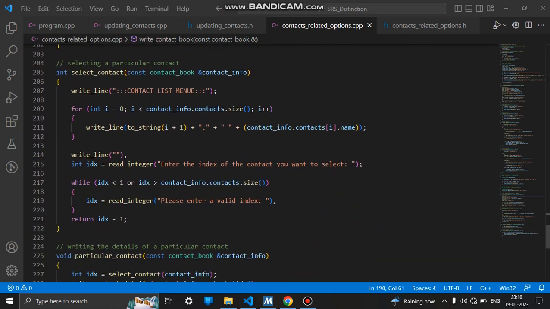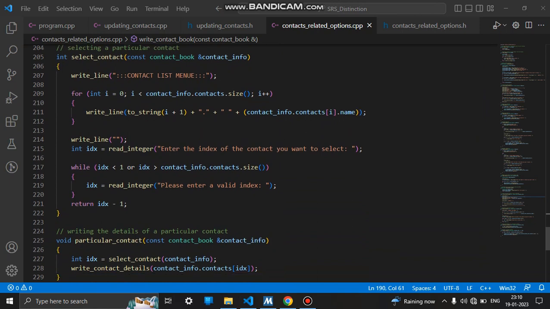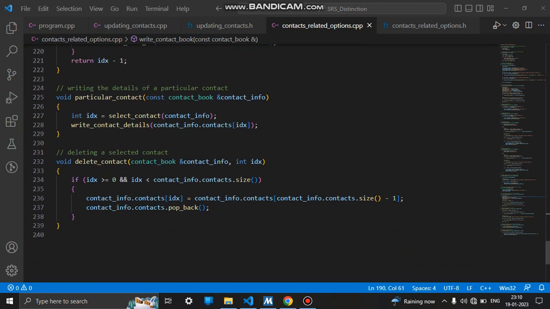After that, I have created another function, select contact, which basically selects a particular contact from the contact list. After that, I have created a procedure, namely particular contact, which basically outputs the details of a particular selected contact. After that, I have created another procedure, namely delete contact, which allows us to delete a contact from the contact